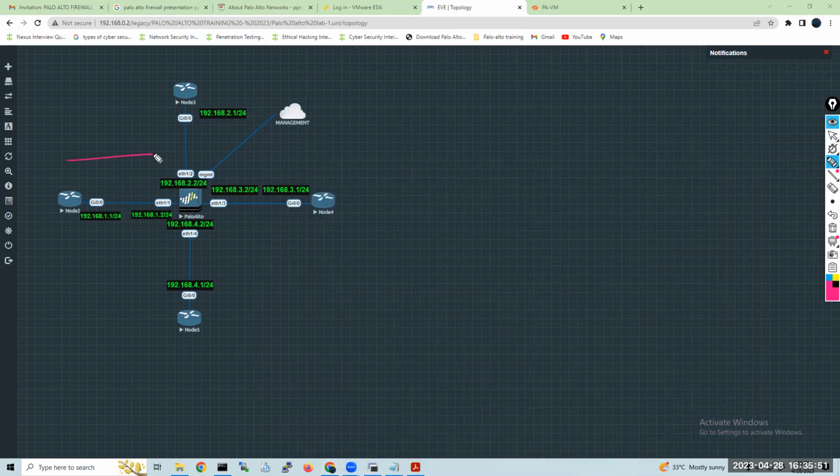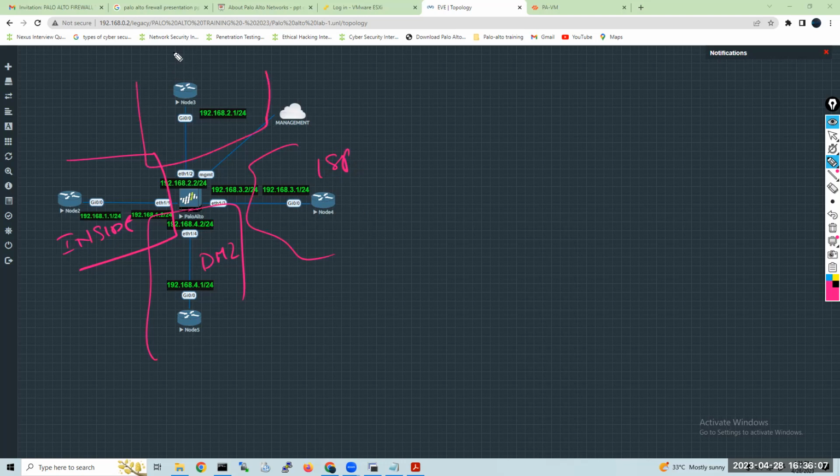This we can put in the DMZ, and this we can put as your ISP. And this is one more network, maybe you're running some servers. This also we can put in outside. Right now, as per this scenario, I think this is the outside.